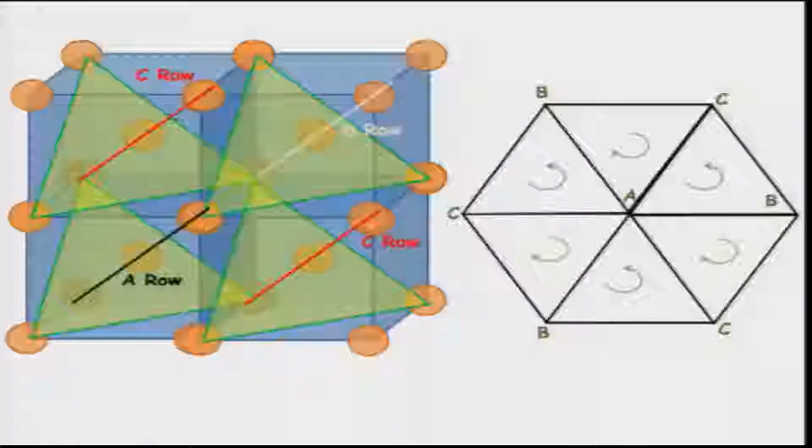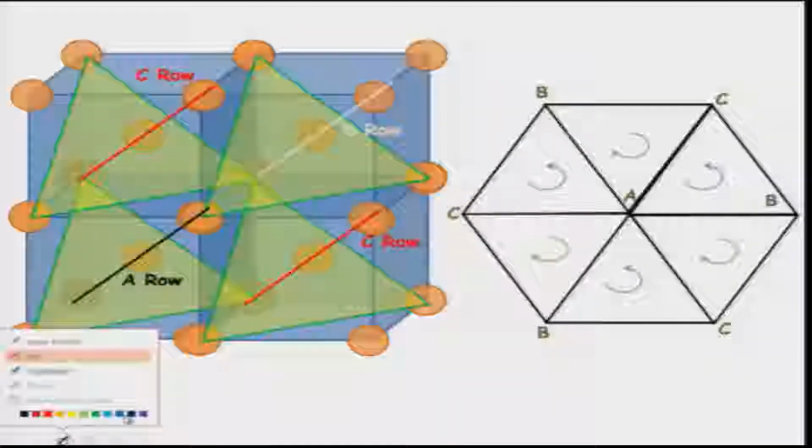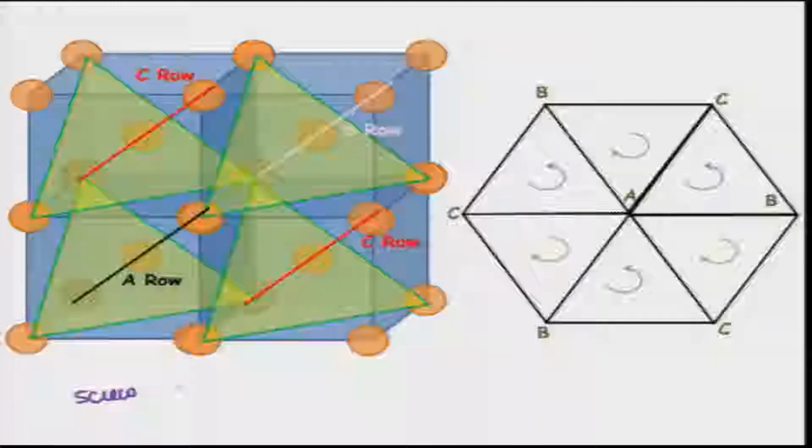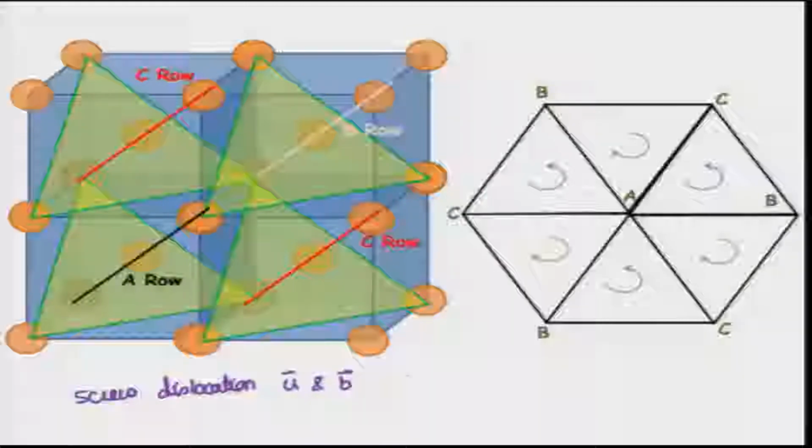Now, in a screw dislocation for a BCC, we all know that the Burgers vector as well as the line vector should be along the 111 direction. And if we take this as the center or the origin, then we will have these lines representing the 111 directions. Now, if you were to look along any of these 111 directions, so let us say you are looking along 111,